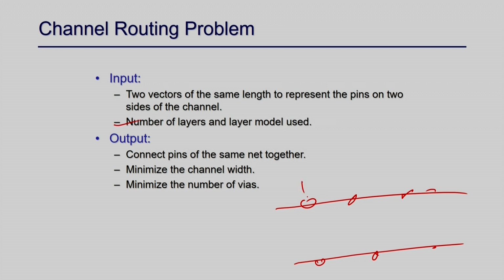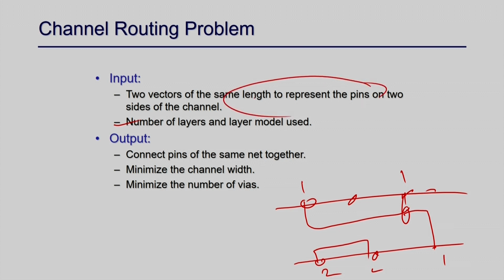So, if this is 1, this is 1, and this is 1, that means you have to make the connection like this, right. Whatever the pin number, you have to connect those. So, if this is 2 and this is 2, that means I have to make a connection through this, right. This is also given to you, and you have to connect the pins together and minimize the total